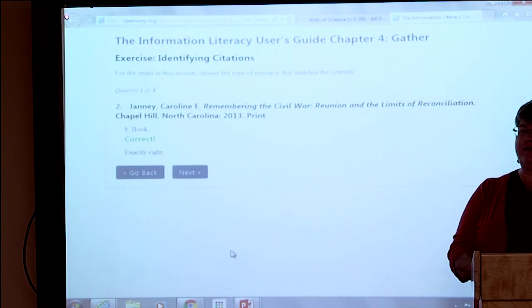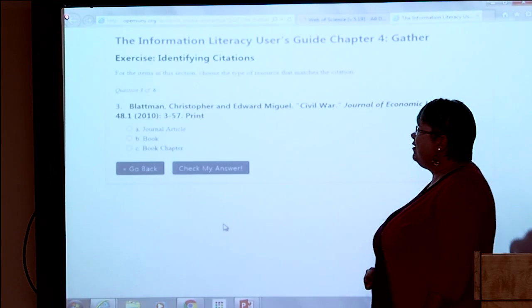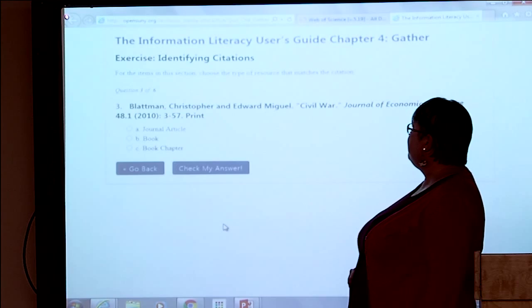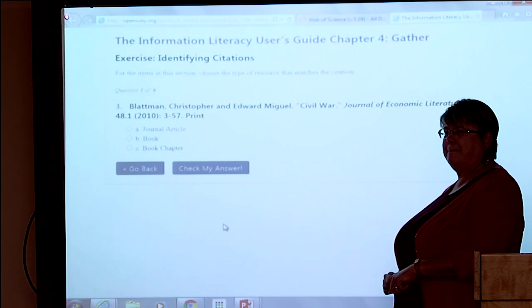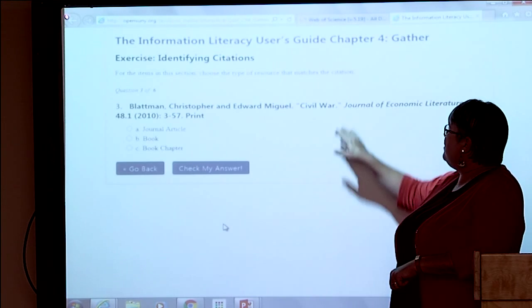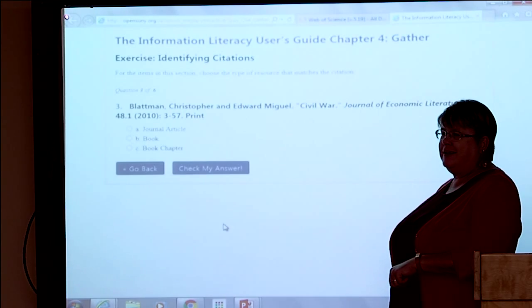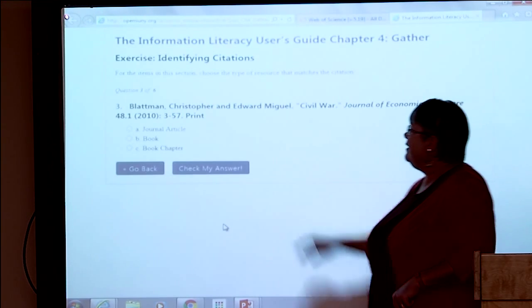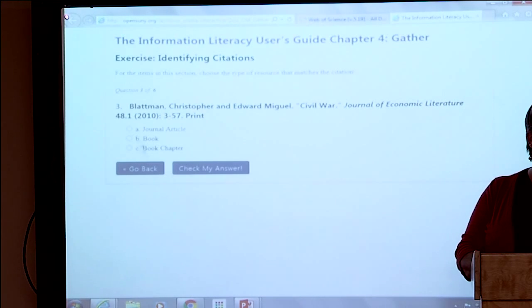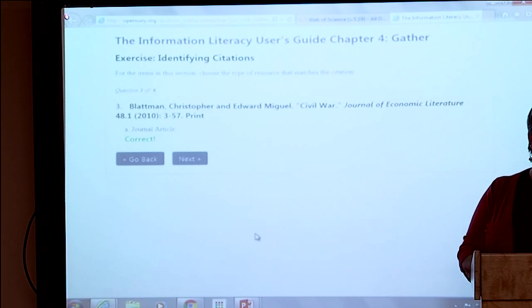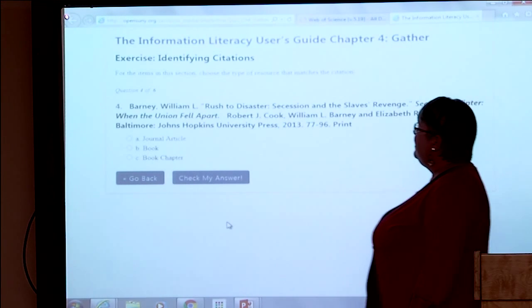You are absolutely correct. All right, this one. Journal article, book, book chapter. Journal article, because it says the word journal there, so that kind of helps. APA or MLA? MLA, because you've got the full names and you have the date towards the end. So we have another journal article. It's not a very big quiz. All right, question 4.